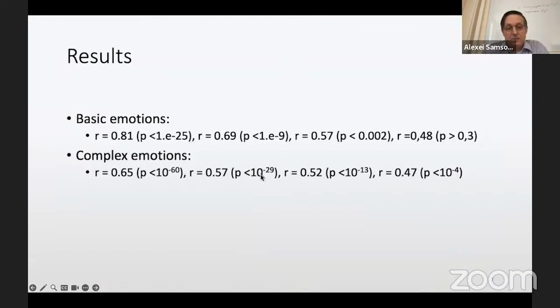Whereas for complex emotions, it appears that we need at least 4 coordinates. All 4 correlation coefficients turned out to be significant. However, I would not claim that this is a rigorous finding. It still needs further verification because there is a potential criticism that I would be happy to discuss when answering